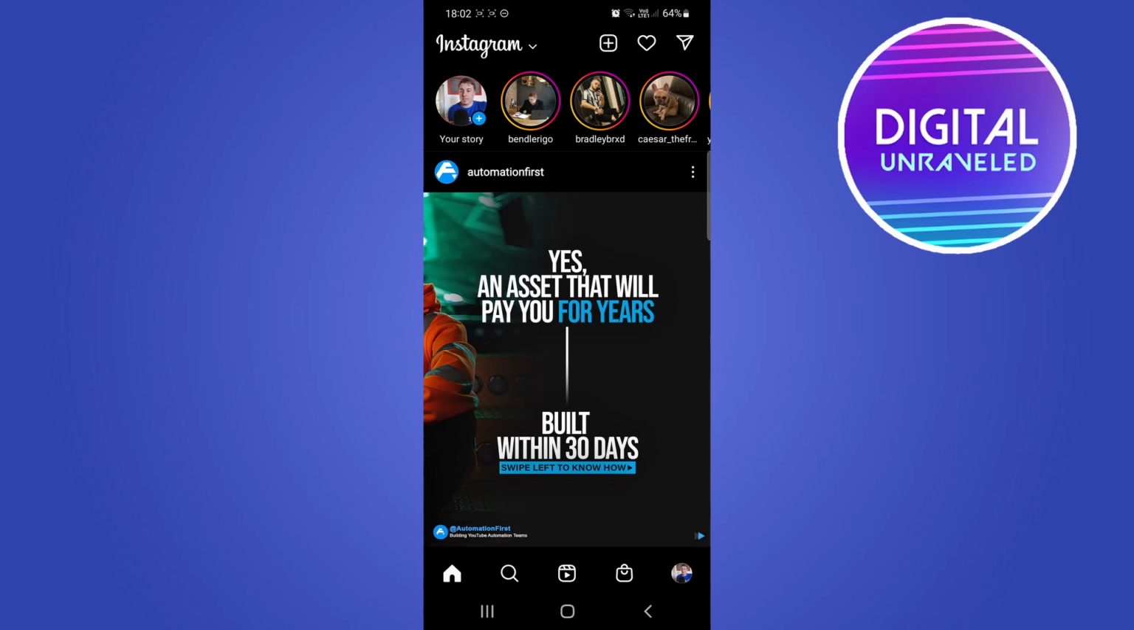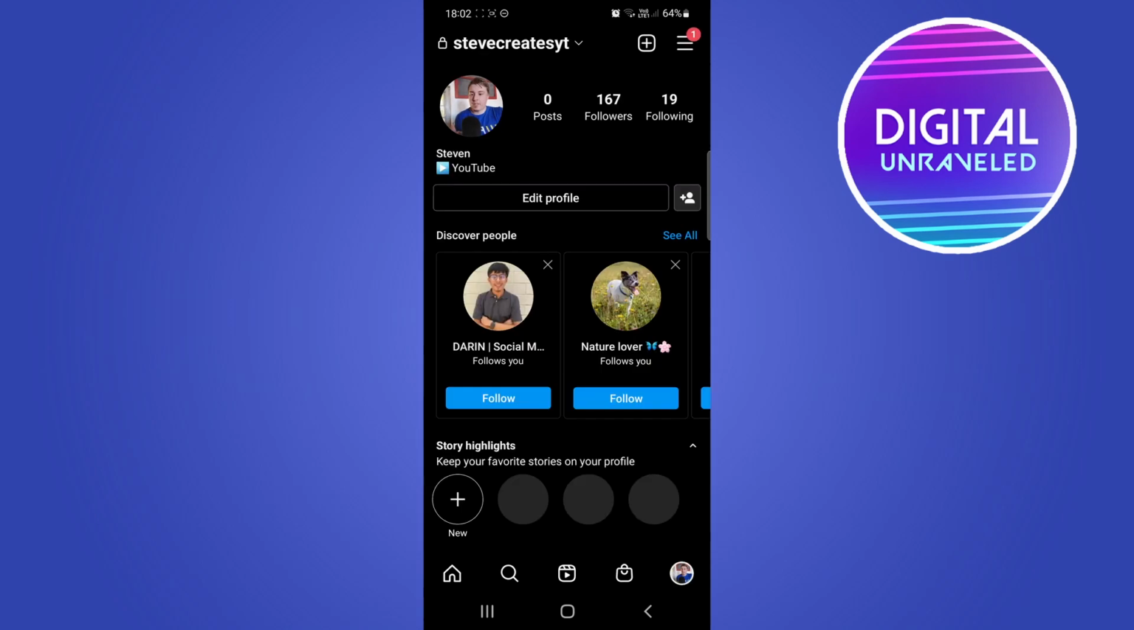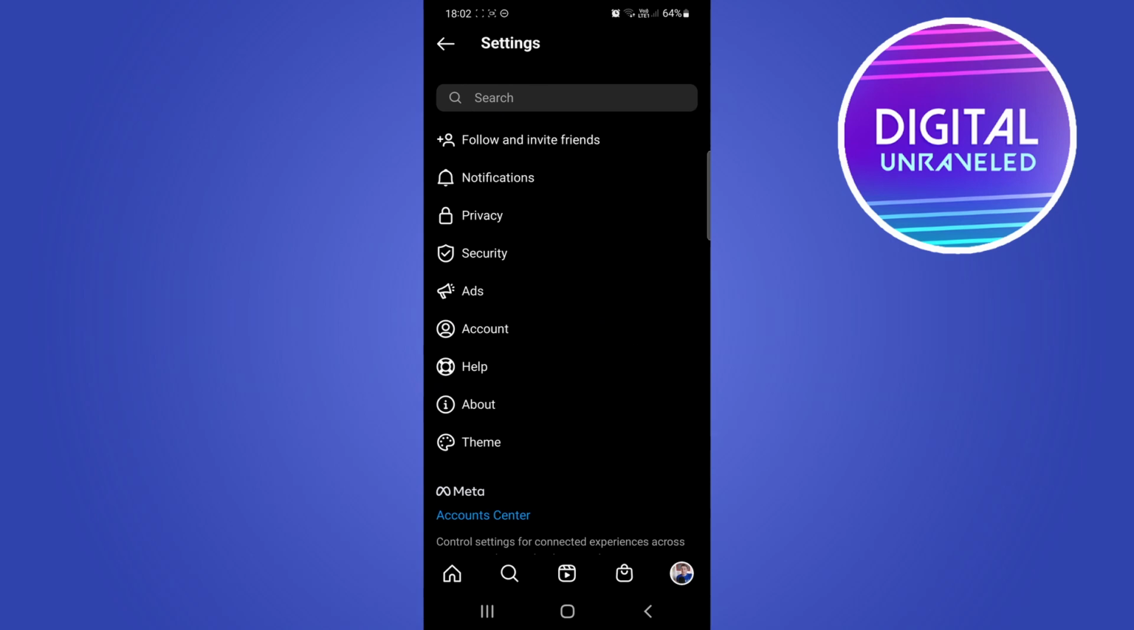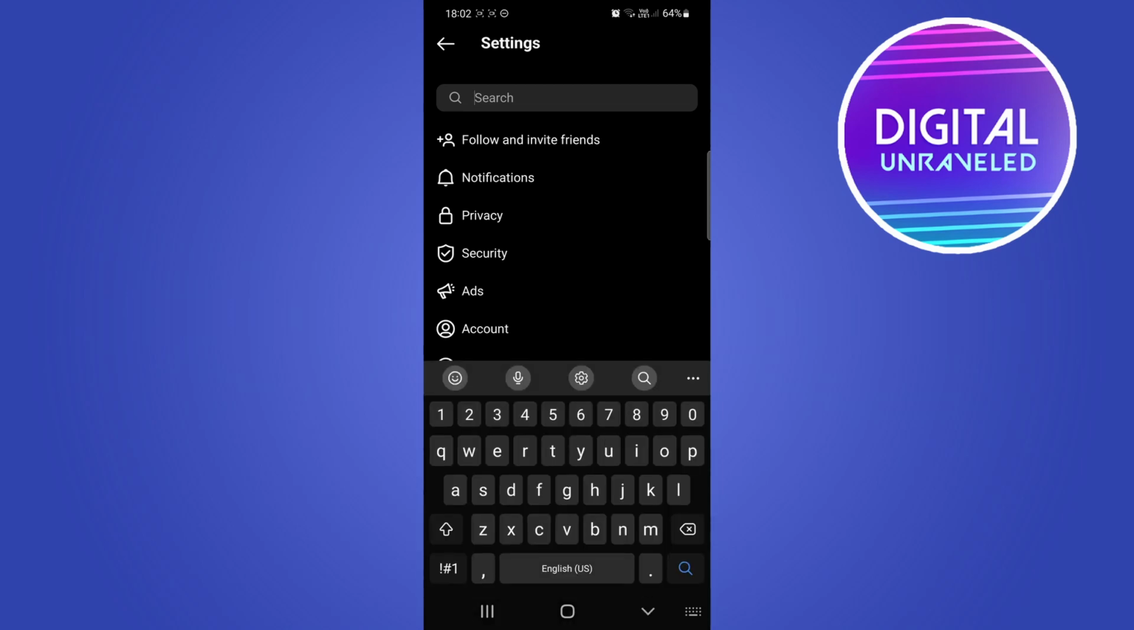So if I just tap on my profile icon at the bottom right hand corner, then I tap on those three horizontal stripes at the top right hand corner. From here, I just need to tap on settings, and you don't have to go any further from here. We're going to make use of the search bar at the top. So I'm going to tap on the search bar, and I'm just going to type